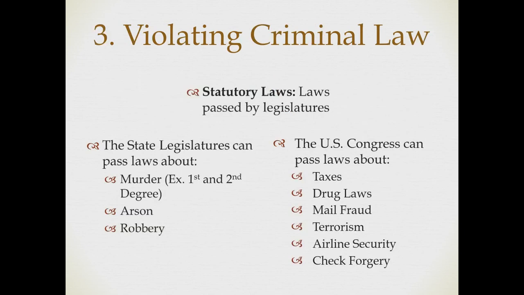Now, moving on to number 3, the third aspect of a crime is called violating criminal law. And this one may sound a little bit ridiculous as well, but what this simply is saying is that in order for you to commit a crime, there must actually be a law that says that that's a crime itself. If there is no law, you can't commit a crime. And so I put on this slide a couple different examples of where different laws come from. You guys certainly don't need to know where these different laws come from, but I think it's rather interesting just for you to check out.